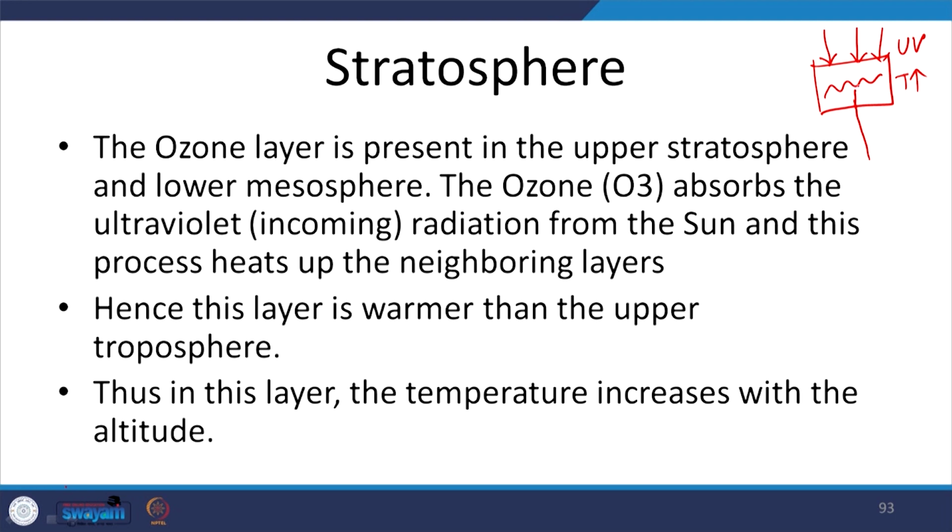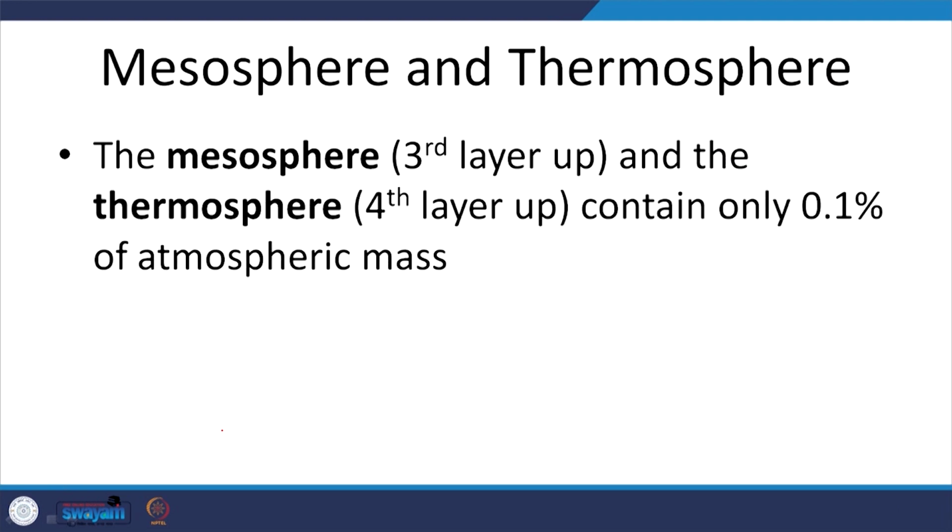Now, if you are traveling from the bottom, let us say, what do you see? You see that the density also, density is maximum at a particular point, right. The heating is maximum at this point where the density is maximum. So, as you travel from below, what happens? Your temperature with height will keep increasing. That is why you see the stratospheric temperature increasing with respect to the height, that is it. So, as a result, this layer is warmer in comparison to its neighbors, in comparison to the troposphere or in comparison to the mesosphere. Okay, so thus in this layer the temperature increases with altitude.